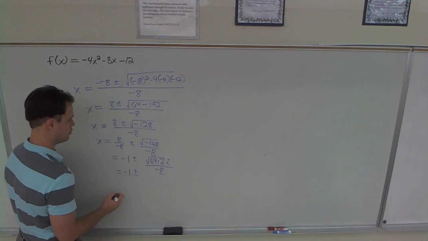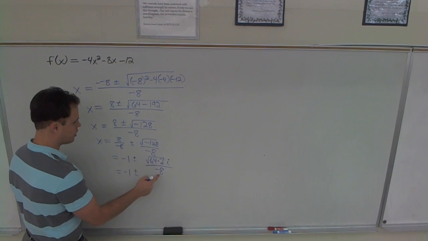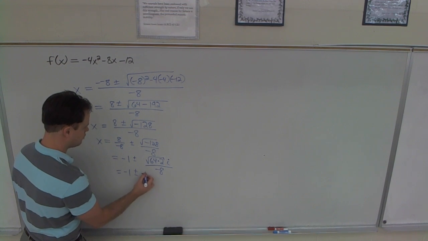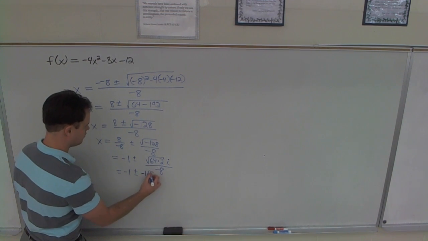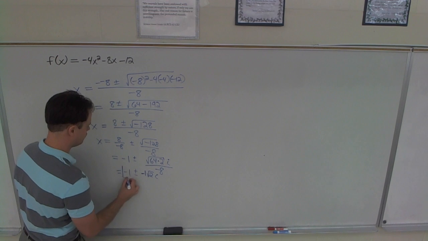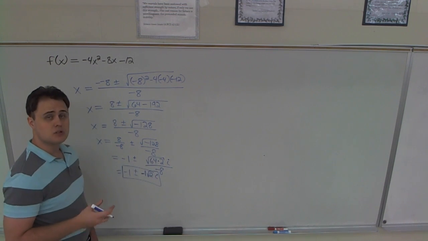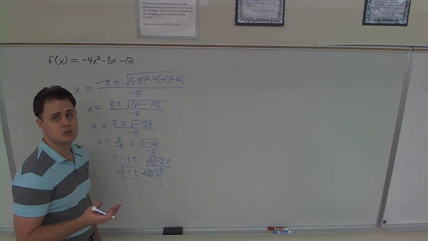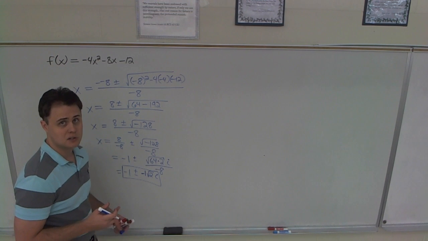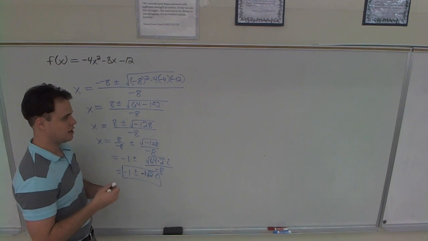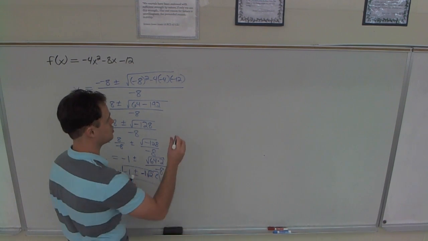Square root of 64 is 8, so we've really got 8 over negative 8, which is negative 1, and then we've got a square root of 2 and an i left over. So there's the zeros. They're clearly imaginary, so this guy's not going to cross the x-axis. It has no x-intercepts. Let's find its vertex in order to see